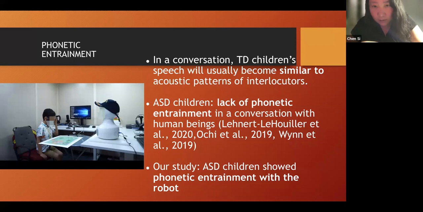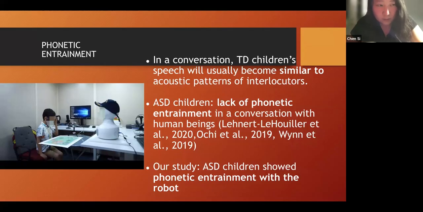So we tried to design some conversations. Both of them would look at a map, but the maps would be different. So the child and the robot need to communicate in order to understand each other's maps. During the conversations, there are keywords that are designed, such as sheep or pears.